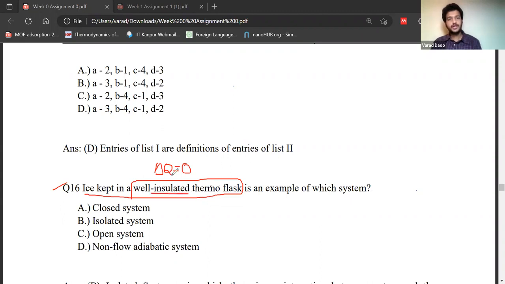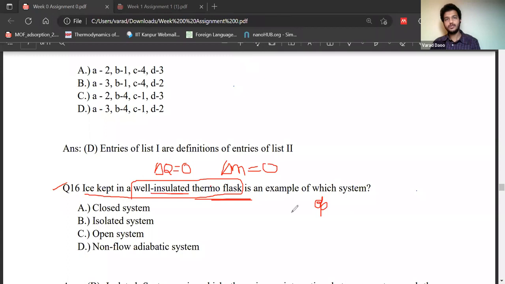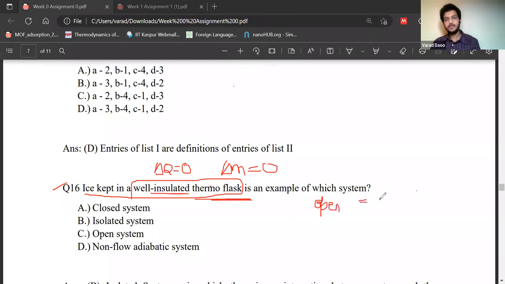So ice kept in a well insulated thermoflask. Okay. So it's insulated, that means delta Q is 0. Thermoflask, that means there is no exchange of matter as well, right? So delta M is equal to delta Q is equal to 0. Okay. So let us again revisit: open system means delta M not equal to 0, delta Q not equal to 0. Closed system means delta M equal to 0,